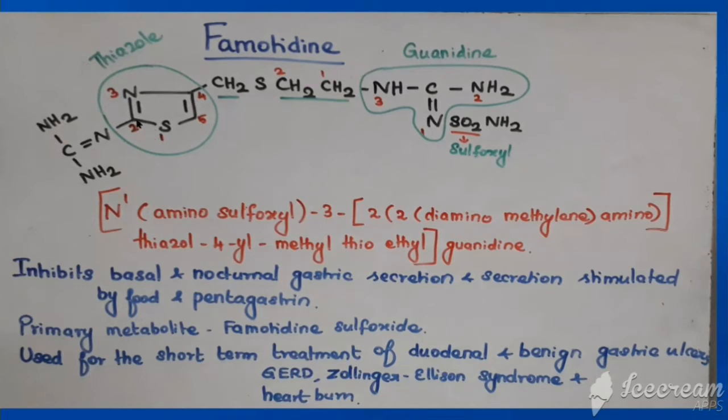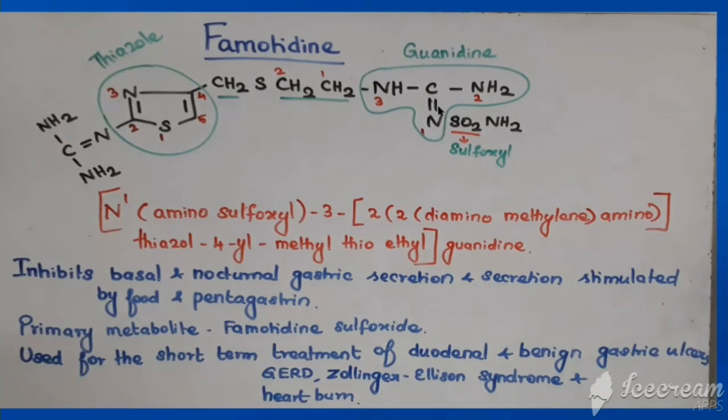And in the second position what is attached? That is connected to N, and that N is connected to carbon by means of double bond, with the carbon that is having 2 amino groups. So what is the chemical name? For this, the parent would be guanidine, same as cimetidine. It is also having guanidine.